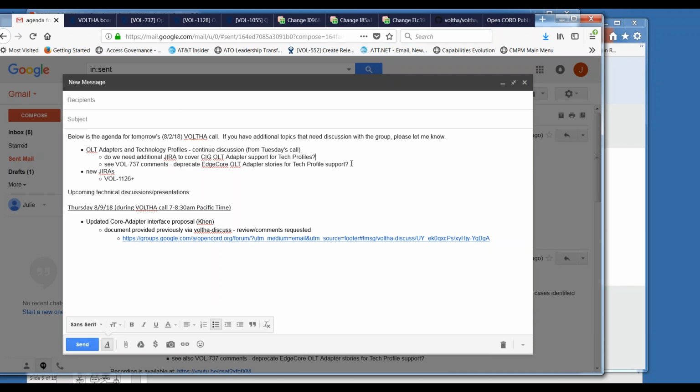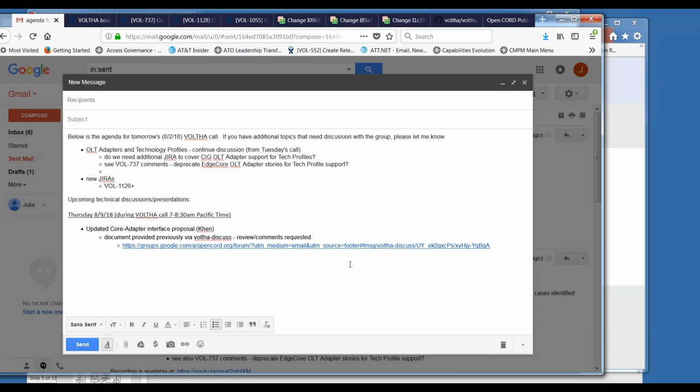It seems like all the effort and work is going there, so there may not be a demand for the EdgeCore OLT adapter. Maybe we can put out a call for comments on deprecating the EdgeCore OLT adapter specific stories, with the assumption that everything would migrate to the Open OLT adapter.